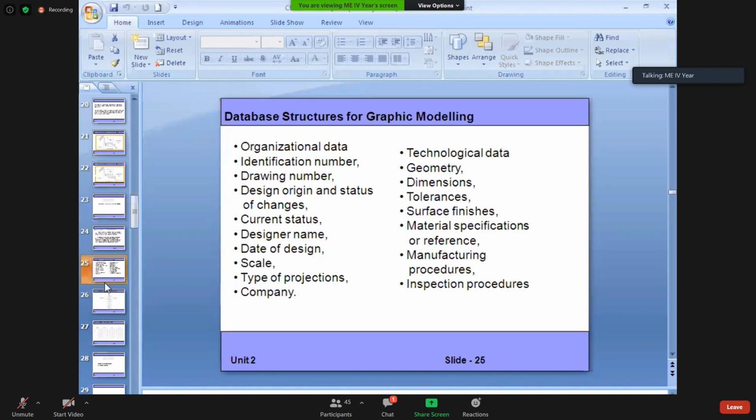So if you want to give a dimension, it will be given automatically. If you select one end point and the other end point, this is the line. Suppose between these two fingers you have a line. Select this point and this point, and move the mouse, then by pressing the middle or scroll button, it will give you the dimension. So all these things should be incorporated.